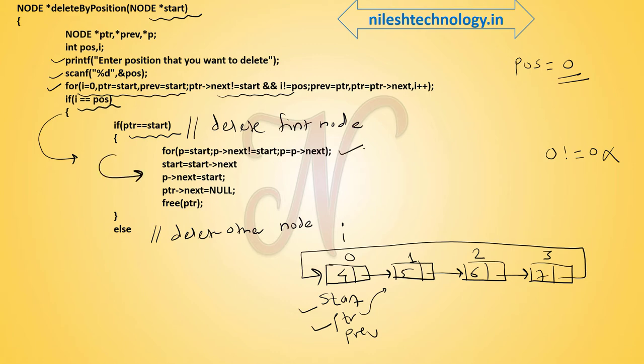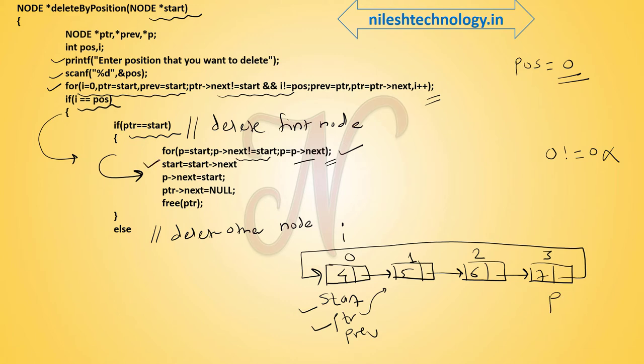By using this for loop we find the last node of the current linked list. Here p equal to start, this is your p. Then the condition is p of next is not equal to start. Here p of next is not equal to start, true. The for loop has a semicolon, so going to next. Now p is here. Again check p of next is not equal to start, true. Going to next. P of next is not equal to start, true. Going to next. P of next is not equal to start, false. So here we break this loop. This is your p.